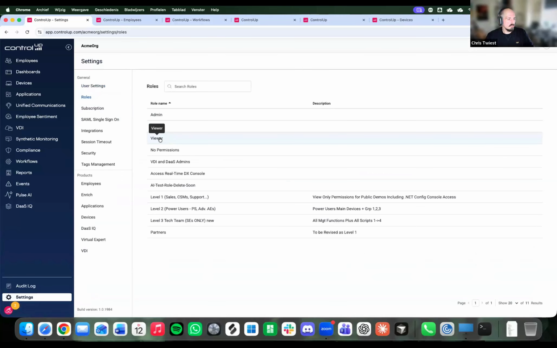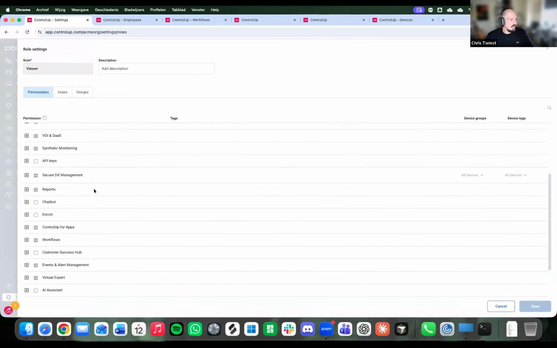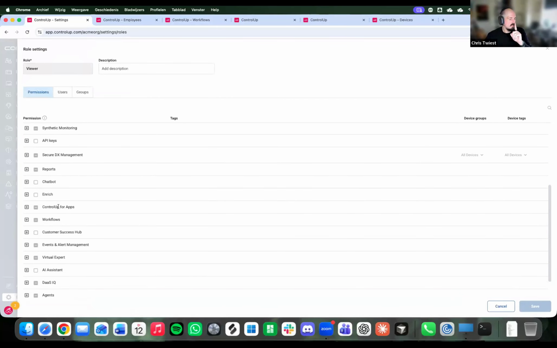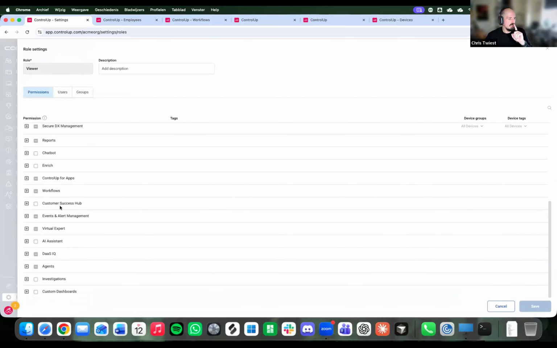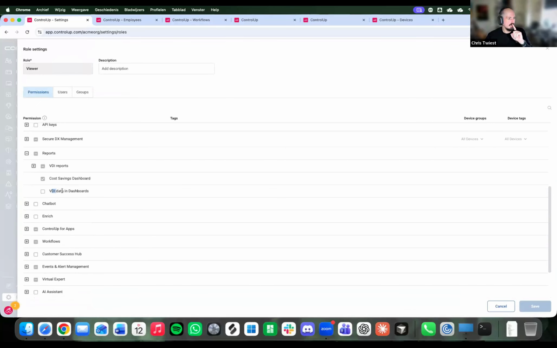If you go into any of these roles, to see the data provider for VDI in a dashboard, it's under reports and here, VDI data in dashboards. You need to enable this one to see that VDI data provider in your dashboard. It is documented, by the way.